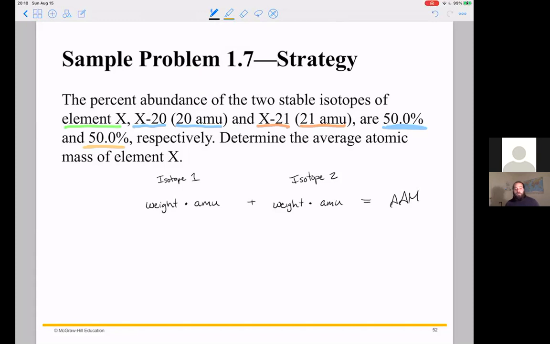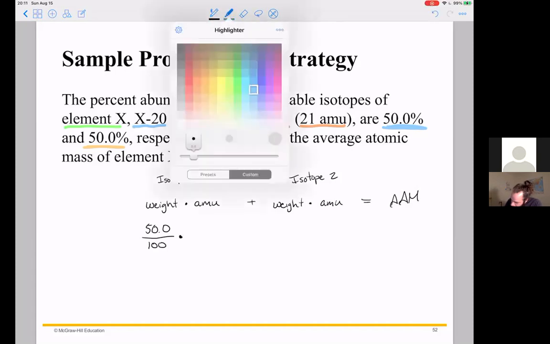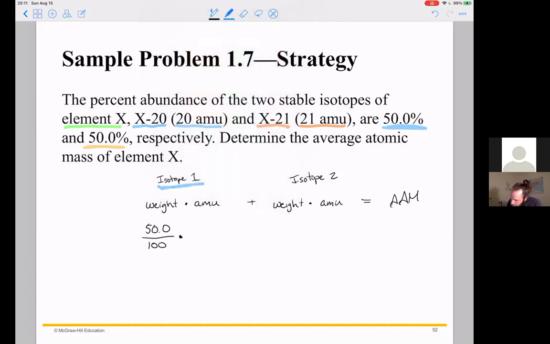Okay, now remember, before we can use these percentages, we're going to have to convert them into fraction form. So 50.0% divided by 100 times the mass, and we'll say that isotope 1 is X20. So that's times 20 AMU